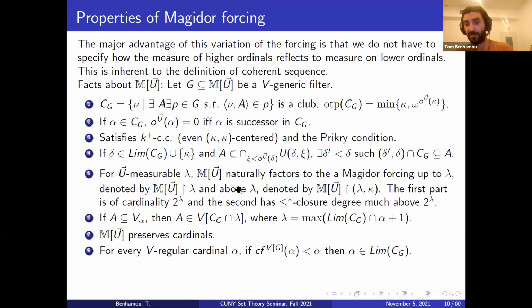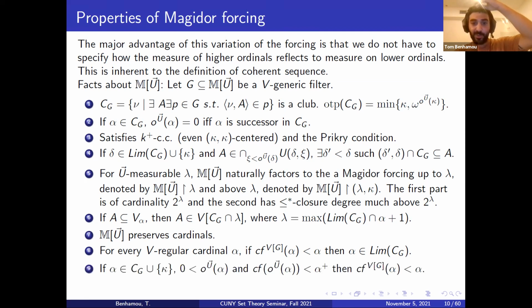So these are the only points which can change cofinality: limit points of CG. Now, which of the limit points of CG change cofinality? There are two kinds of limit points of CG. Necessarily the order is above zero because of point 2. Point 2 says that the successor points of CG are of order 0. So limit points of CG are of order larger than 0.